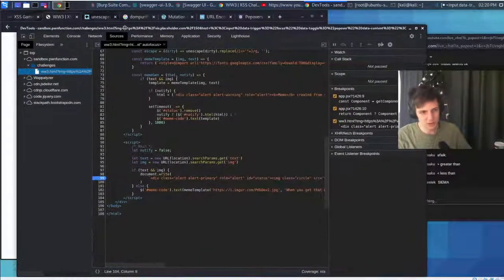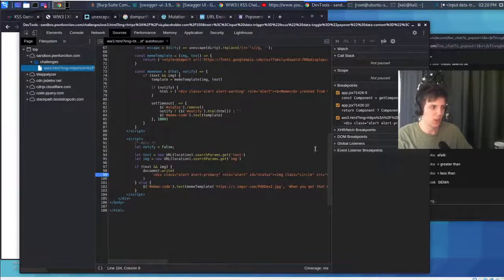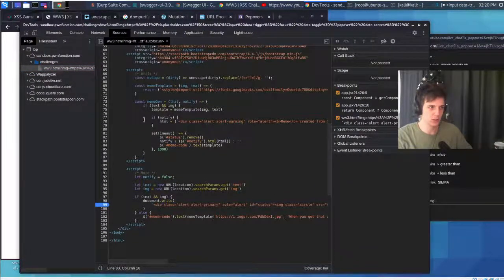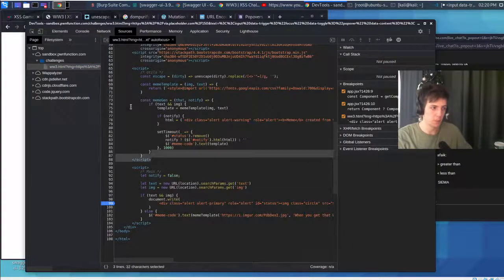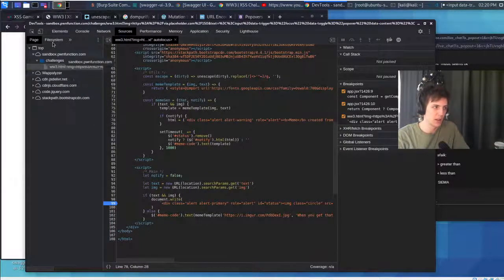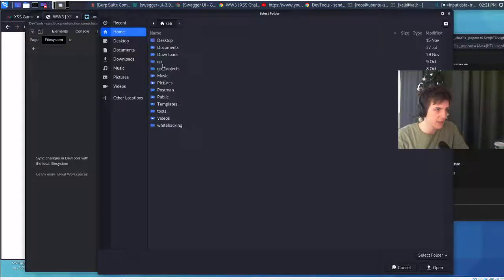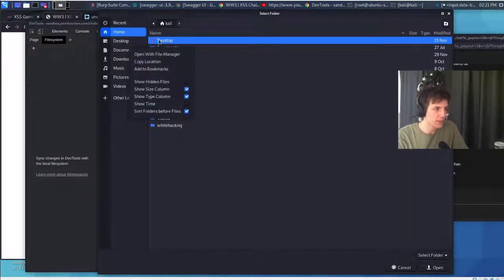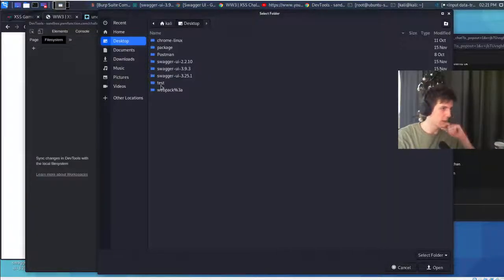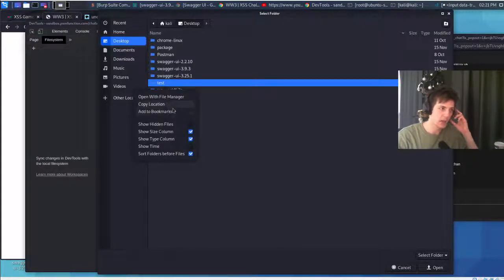Or actually I can show you another thing, which is we can edit the source code on the web page, and it will stay between page reloads. To do that, you have to click the file system tab, add folder to workspace, and it will be on desktop for us. I mean, we have to choose some directory,